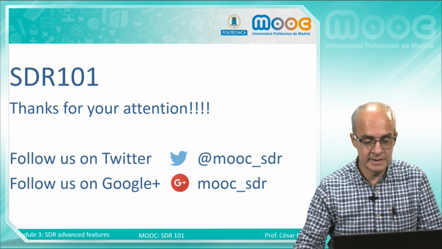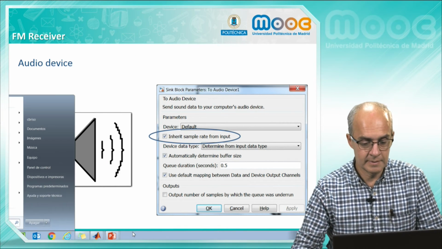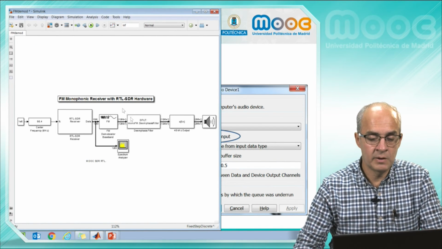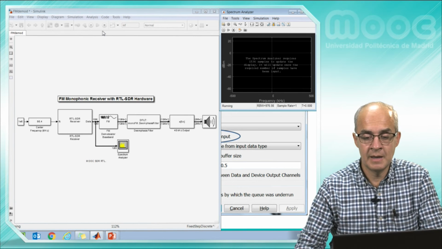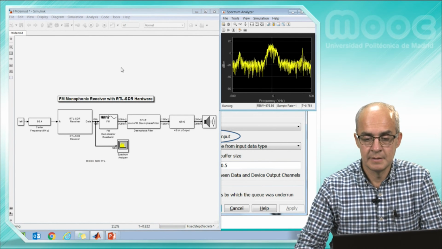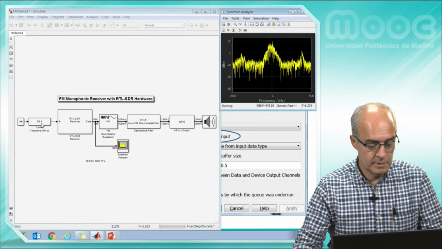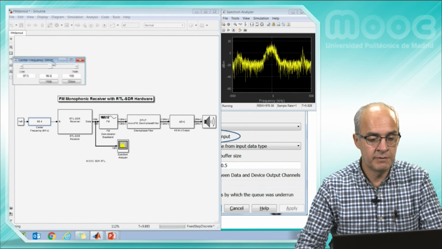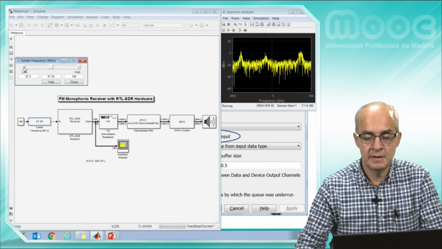Okay, let's see the example working. Here we have the complete receiver with all the parameters. We can execute and see the frequency modulated signal. Then here we have one receiving signal. We can shift the frequency moving the slider bar and tune different signals.